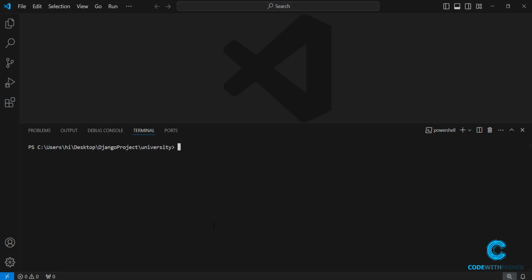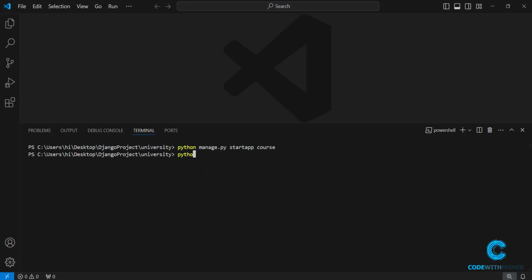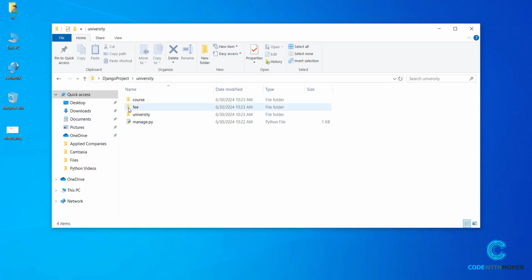So I have to run this in order to create my application. To create my application, I'll write python manage.py startapp, and I'll call this course. So you can see that the first application is created, course. I'll follow the same steps I followed in the previous video, where I created a course application and also a fee application. Now the next one is to run it again, python manage.py startapp. I'll create another application that's called fee,